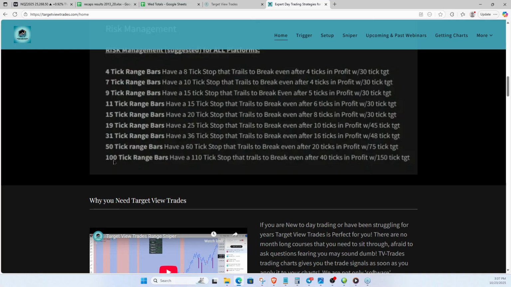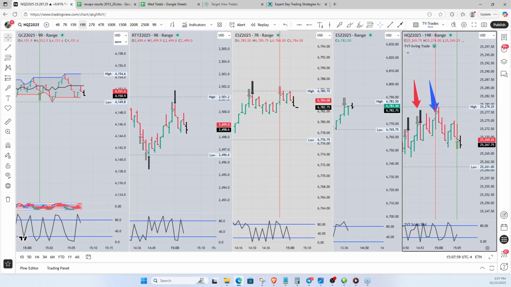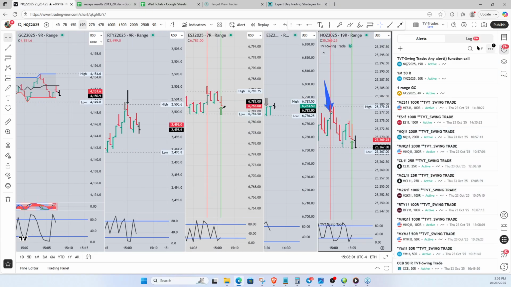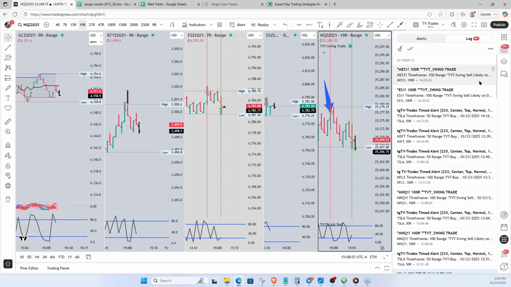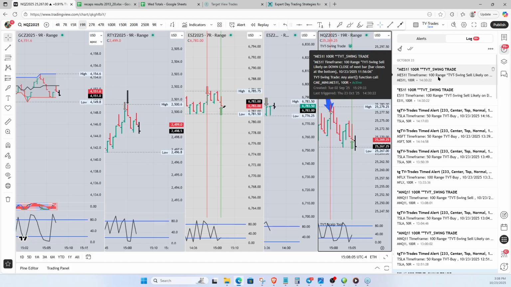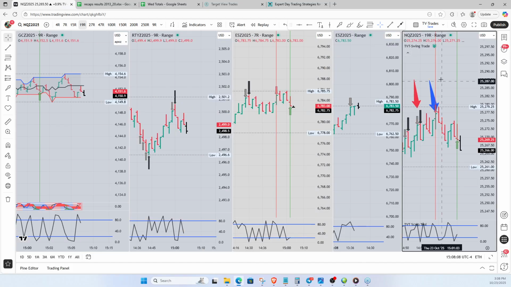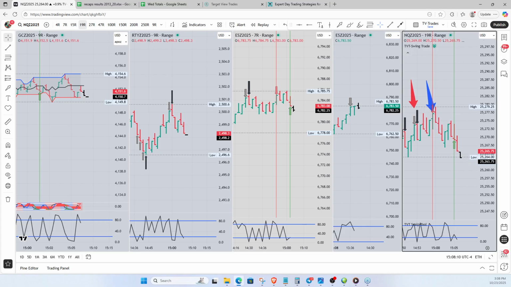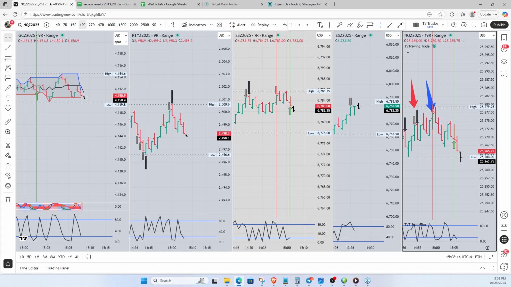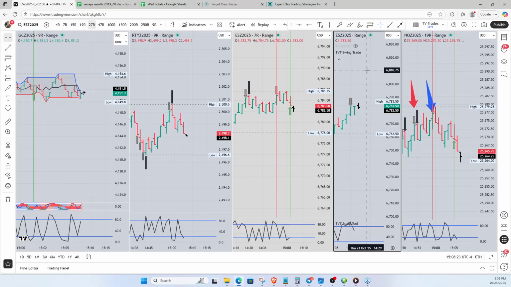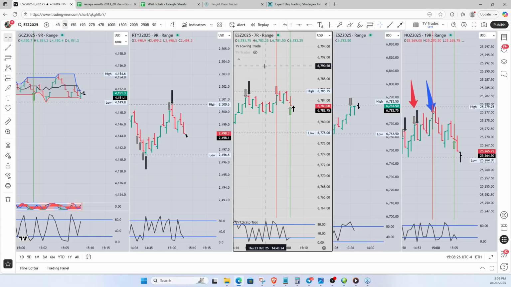Can I show how to create an alert for the swing trade? Yes, you missed that earlier. I created 2 of them, actually, but let's go see if any of them triggered yet. It should have triggered. The 100 range micro is the only one that triggered so far. But to create an alert for the swing trade, hang on. What market is that? That's the ES. ES 7 range. What is this ES on? I'll go back and look at that in a second.